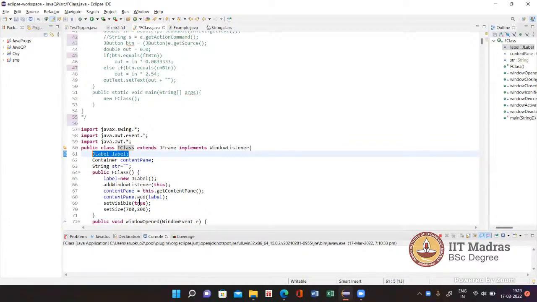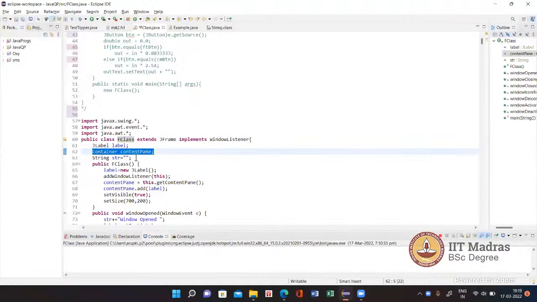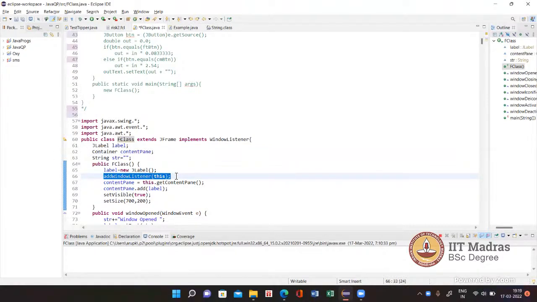Okay, so we are having a label, and for adding this to my form, I'm having a content pane, which is basically a container of the form inside which I can add components like label, then button, etc. Now with the form, I add a window listener. So, action listener,